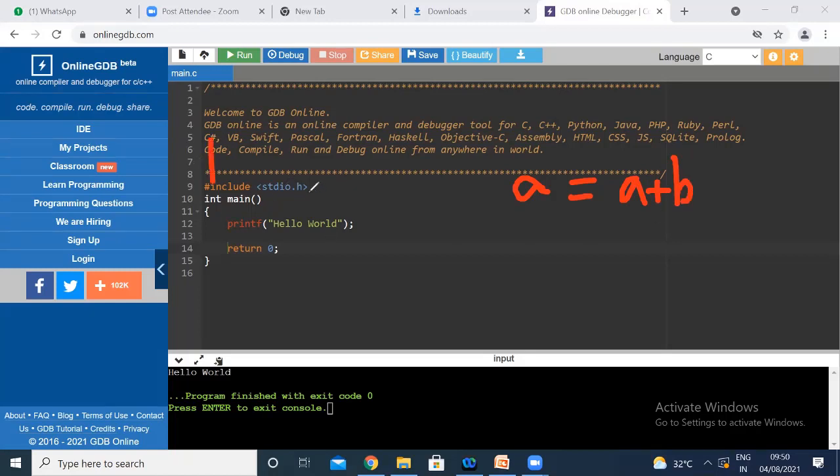Now let us take A is equal to some 5, and this is A, and B is equal to some 4. This is your B. Now A is equal to A plus B means you are adding A and B and you are assigning the value to A. Now A is 5 and B is 4. A plus B will become 9 and you are assigning 9 to A. Instead of 5, you have 9. Now what do I have to do again? B equals A minus B.